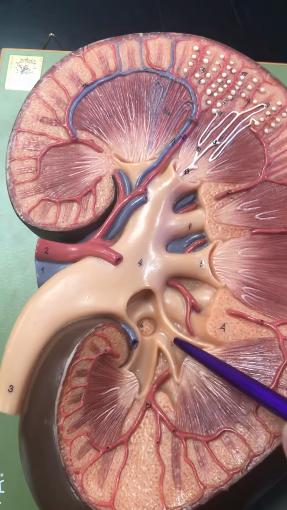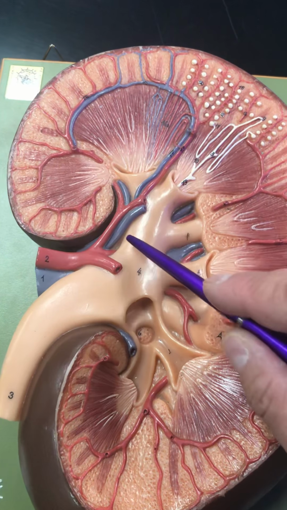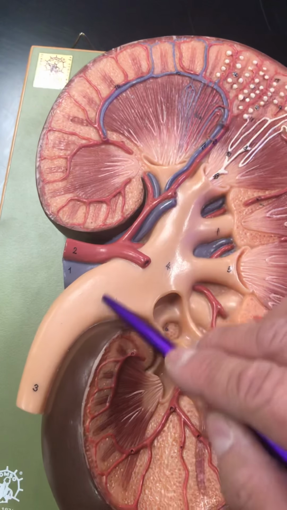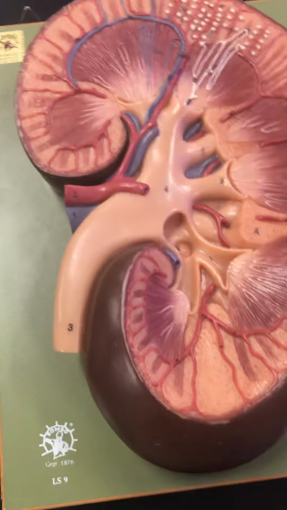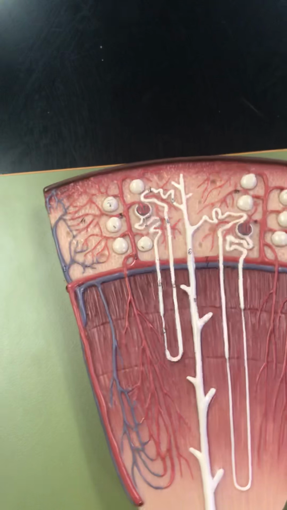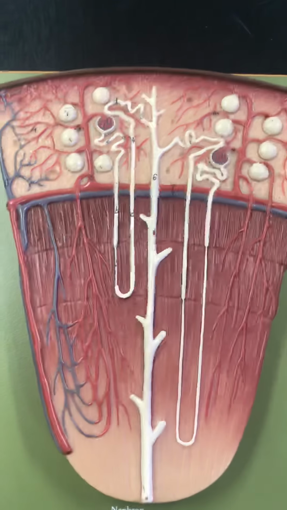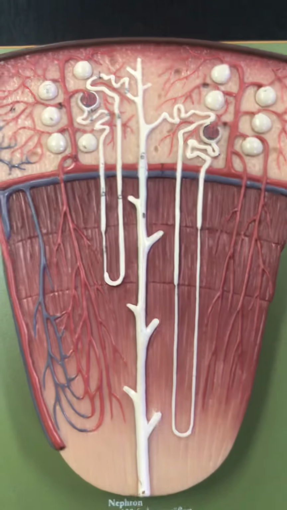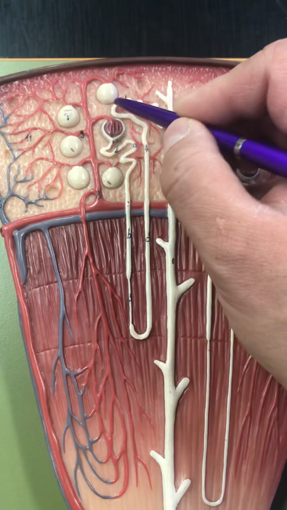Multiple minor calyces form a major calyx, and multiple major calyces form the renal pelvis. The renal pelvis then exits out as a ureter. Now, the ureter exits out and empties into the bladder. Now, when you take a look at this model, understand that in this model, you'll see the renal